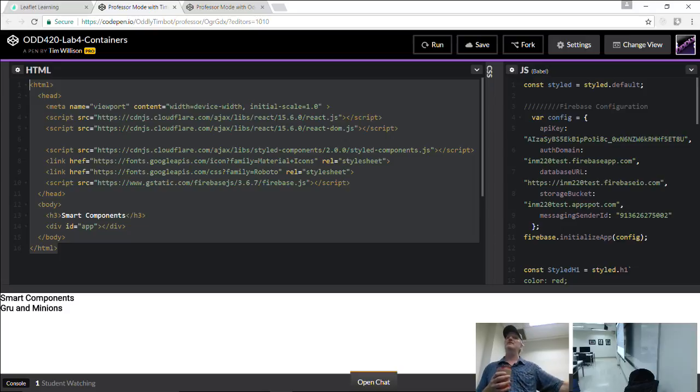But you'll notice the other ones don't have that. They only have props and a render. So they're much more simple. I call them minions just because it helps me remember that they do all the work, but they're not that smart. They have no memory, no state, no life cycle. They just put things on the screen and make them look nice.